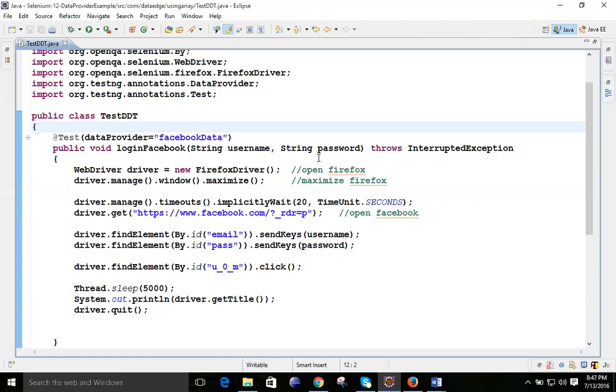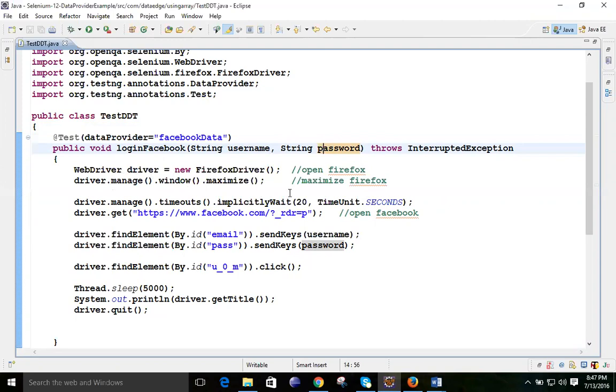We are not making use of that one. We are passing the username and password from somewhere into this test method. Just assume that you have the user and password now. In this login, you have the user and password. So what is the first work you have to do?